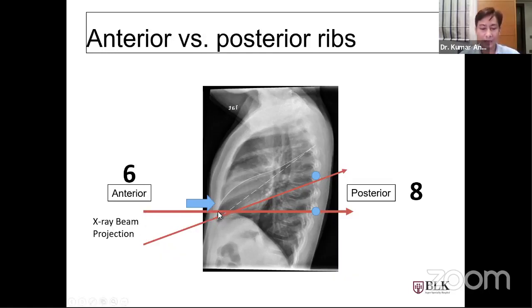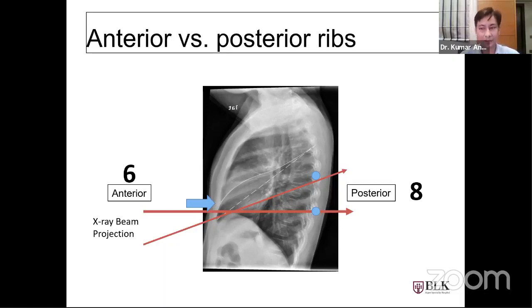It will cross the anterior rib, suppose this is the 6th anterior rib, and suppose this is the 7th posterior rib. If the beam goes just below this, the anterior rib counting would remain the same, but the posterior rib counting would change. That is why anterior rib counting is considered better